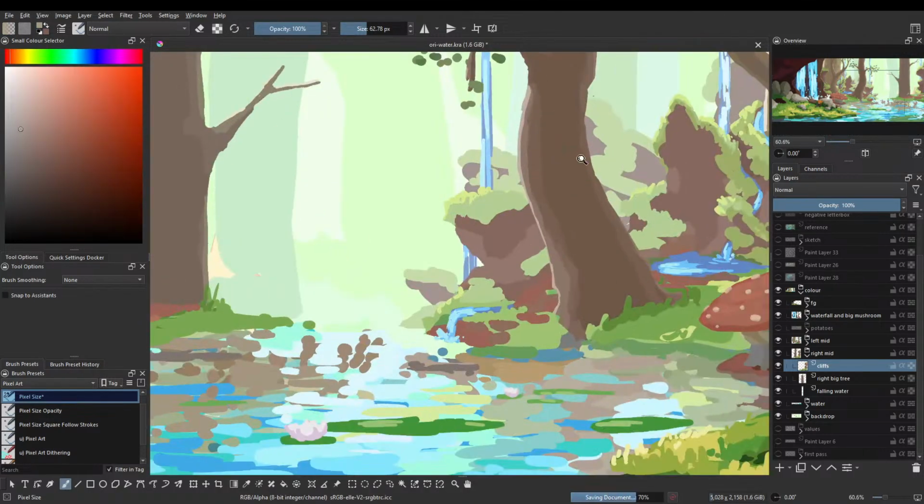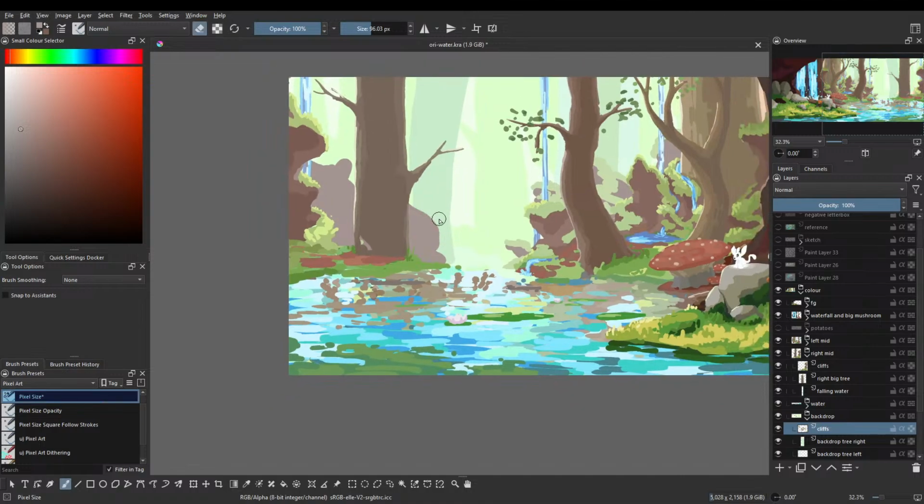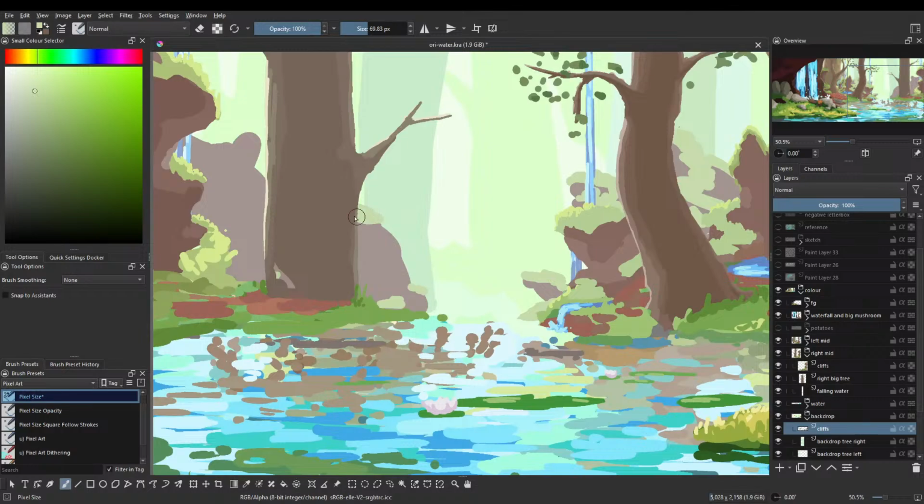And then we can grab some of these colors and go to the backdrop cliffs and add a little bit of a backdrop cliff. Like maybe, yeah, maybe like this here. And then have this one go down more smoothly towards the water. Just maybe a touch of grass on this side. Maybe.